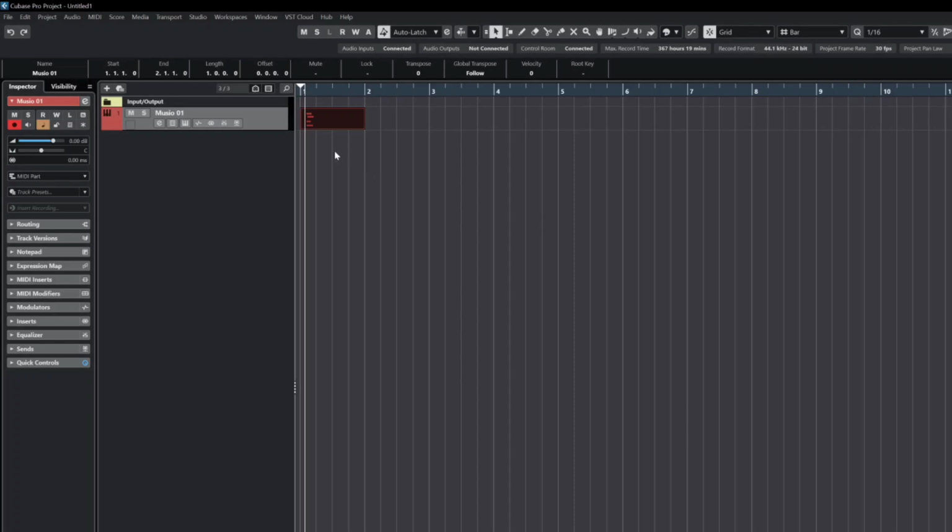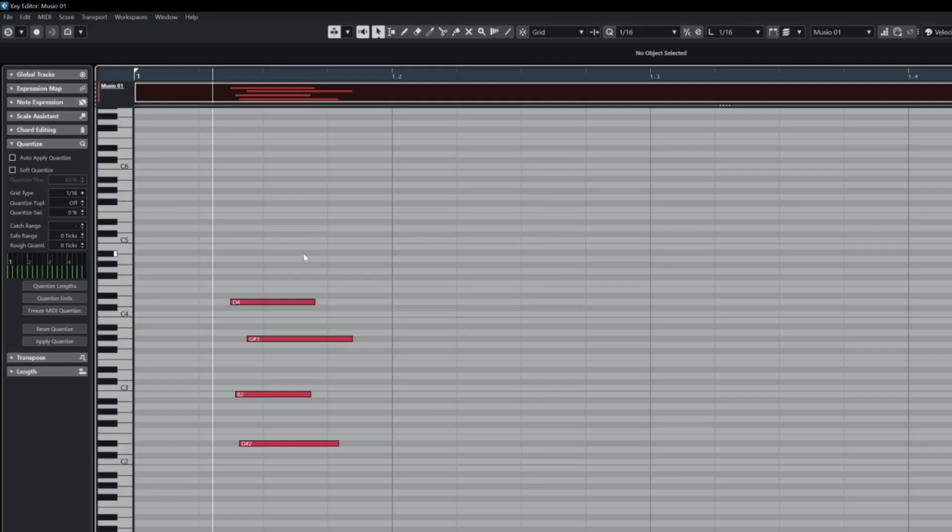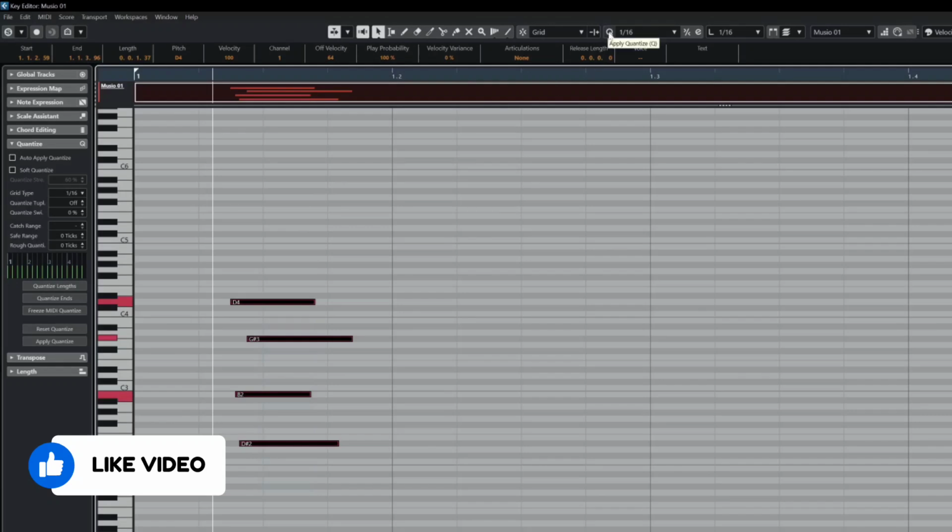So we're in Cubase 14 and I've just painted a few notes with the pen, supposedly a recording. I want to quantize this now, which is pretty easy. Just choose all of the notes. We come up here and apply the quantize